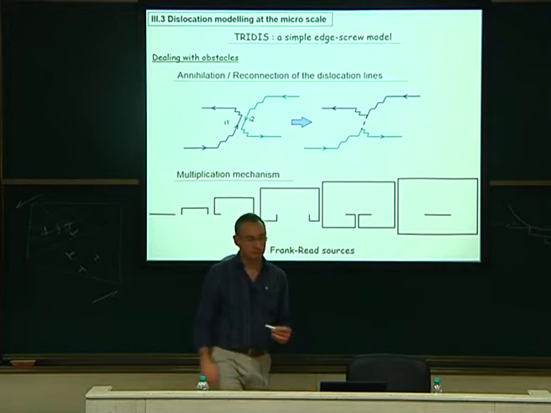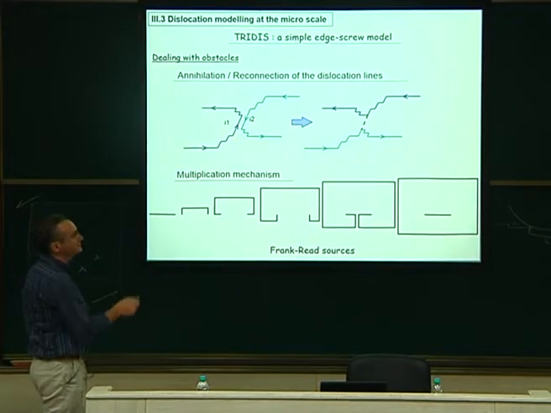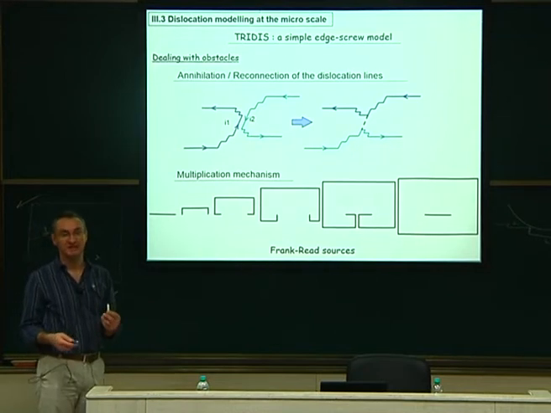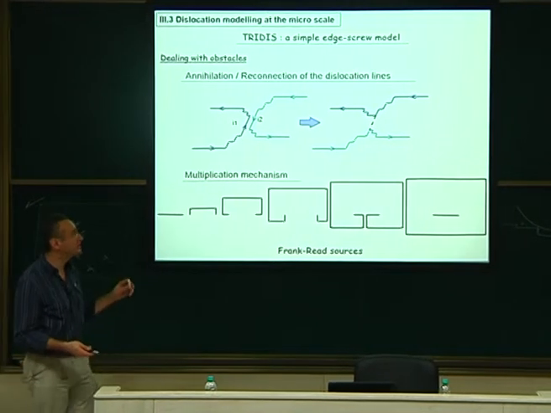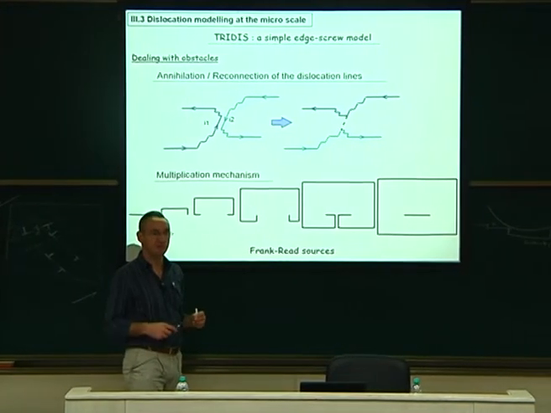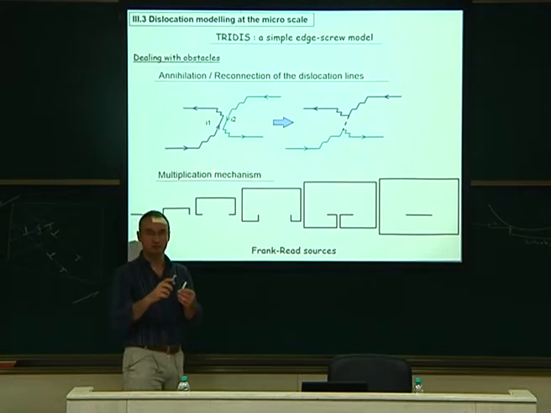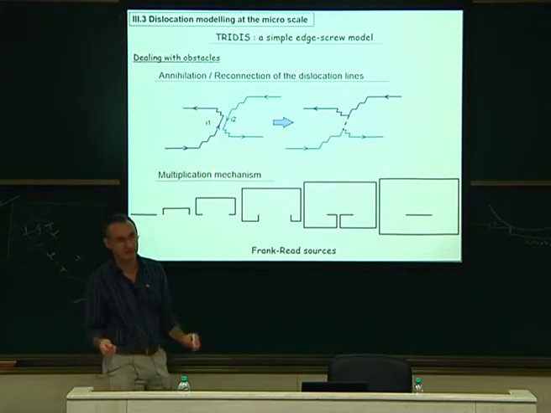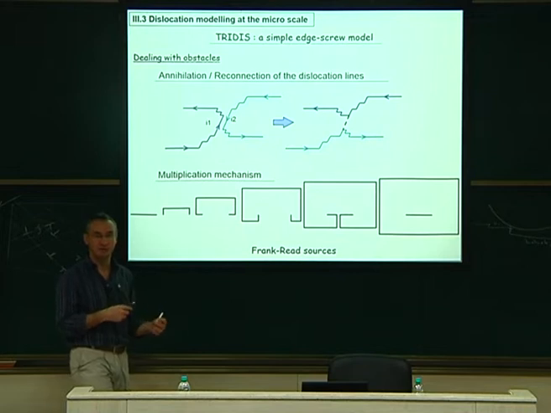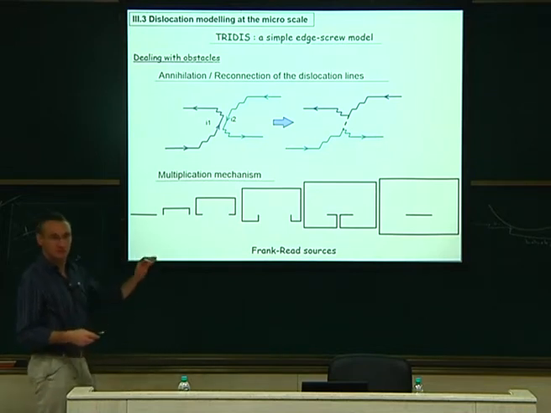So now that you do that, you are able to move your segments in the box. When they move, you can have several possibilities for obstacles now, and this is the nightmare. Here, Marc Verdier in the lab was the guy who developed the obstacle handling. He was 1 year before me in the PhD with Gilles Canova, and he developed all these features of the obstacle search and things. This is a nightmare. It's really a nightmare. I was taking care of the boundary condition, FEM and so on. He was taking care of the obstacles, and he spent his PhD on that.